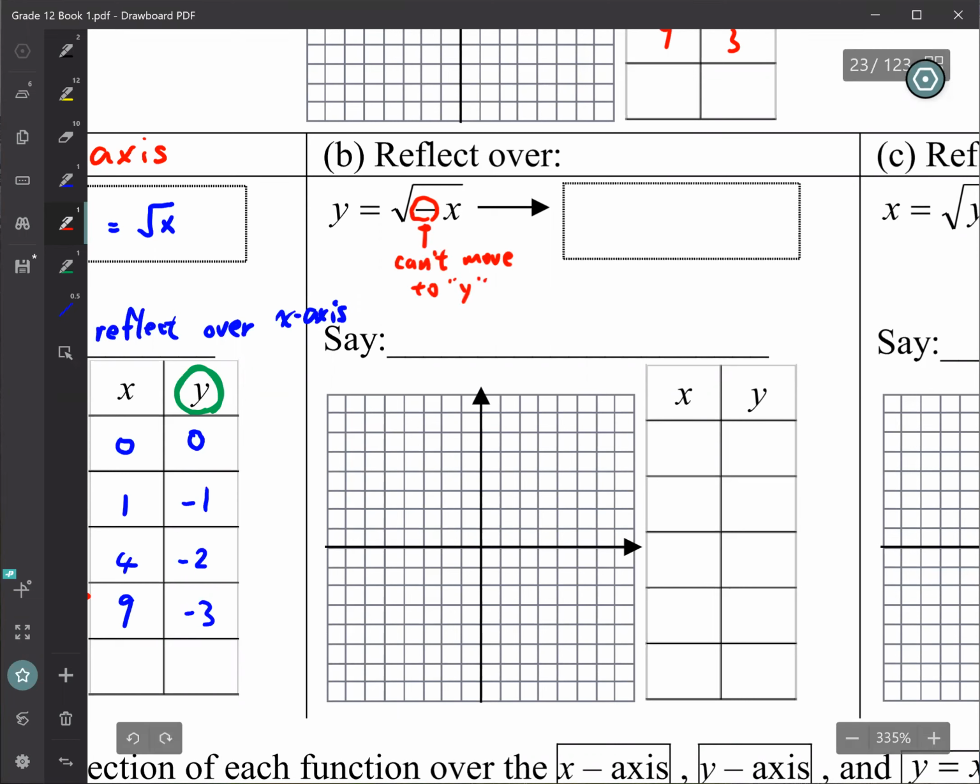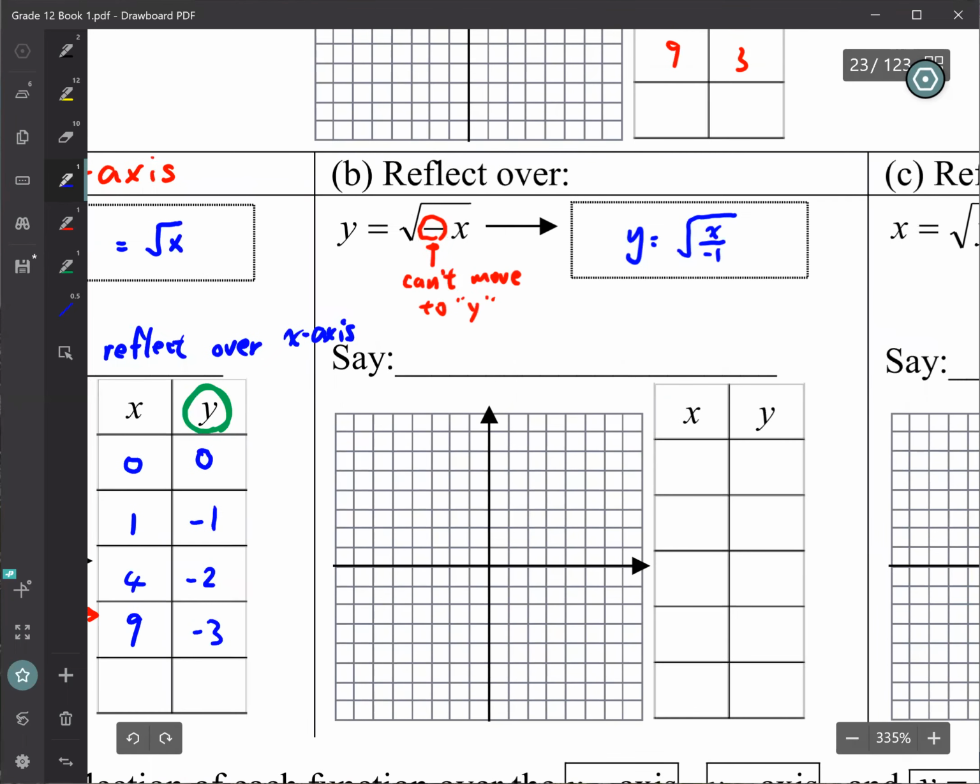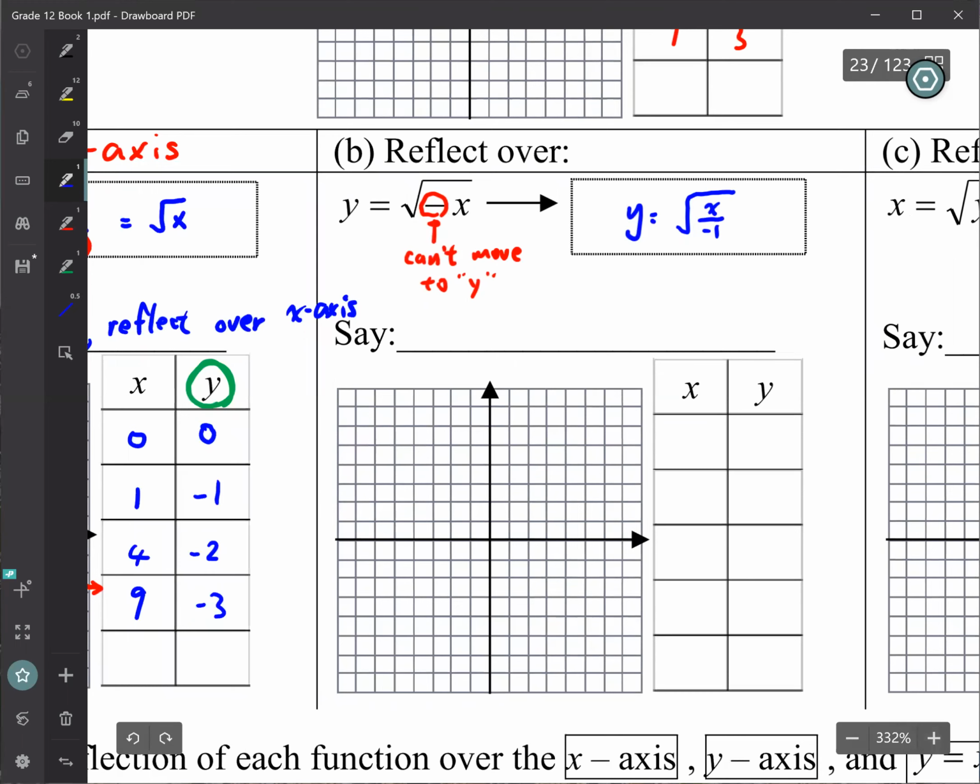So for this one, if you want to rewrite it, the only way you can do it is to write it as x over -1, which is the same as negative x. You don't have to do that, but it's just showing that no matter where you move the negative, it's going to be stuck with the x. No way to move it out, okay? So this one, if you have negative with x,